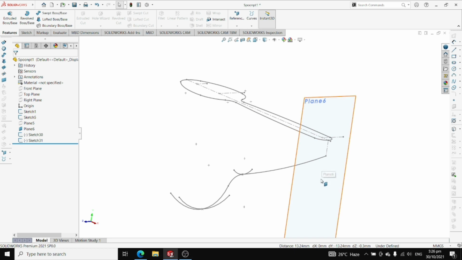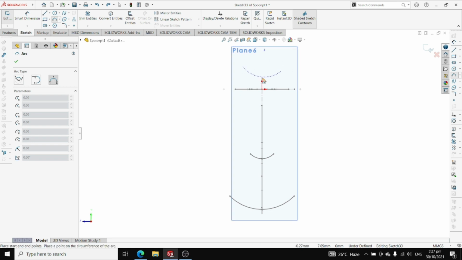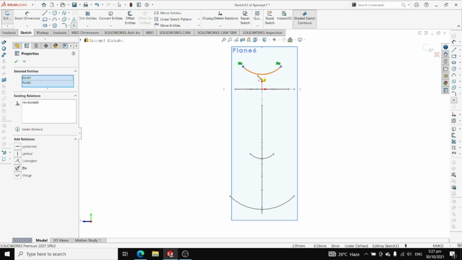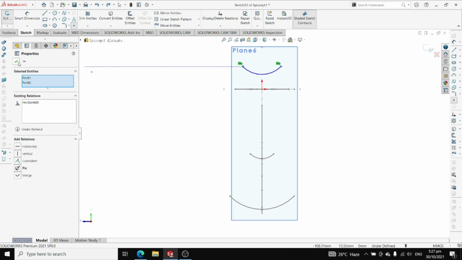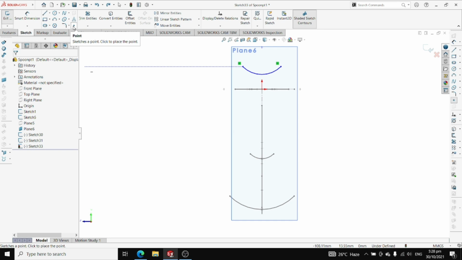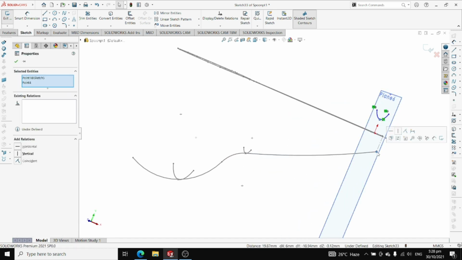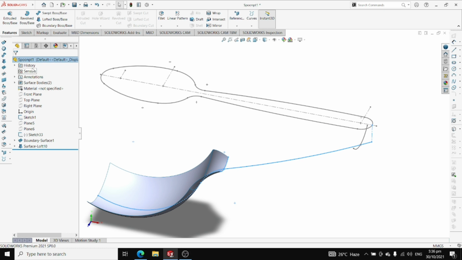Then the last is we have to hide the plane first, and then we'll work on the plane number 6. And the same as what we did earlier, make a 3-point arc, then horizontal in relation, then put a point at the middle, and then we will make that arc pierce to the line. Then after making the boundary surface and the lofted surface, the next thing is that we have to,